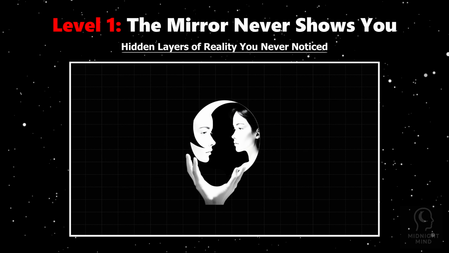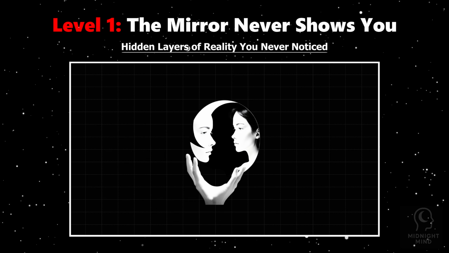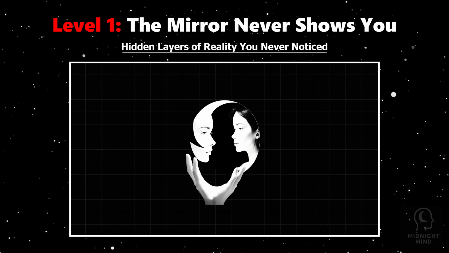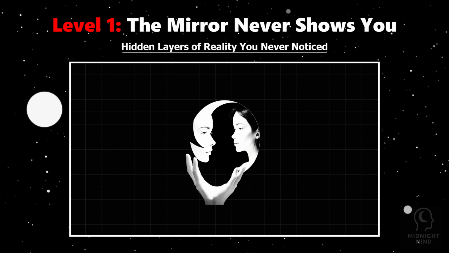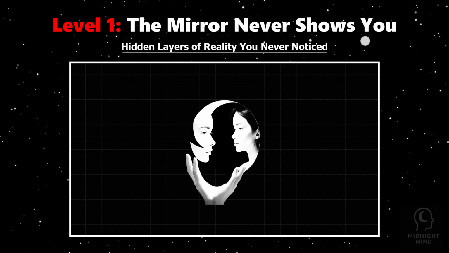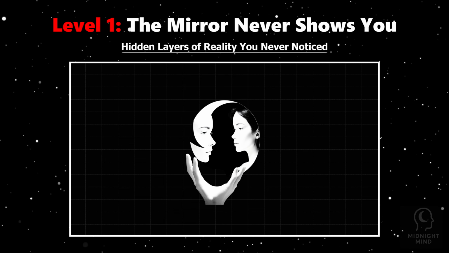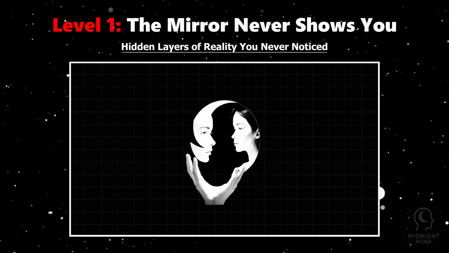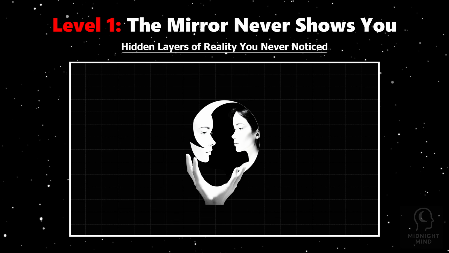Consider this. When you wave your hand, you see the reflection wave back, but in perfect reverse. Your brain expects to see your hand move as it does in reality, yet the mirror flips every motion laterally, creating an illusion of symmetry that is fundamentally false. This subtle delay and inversion shape your self-image, influencing your perception of identity and reality. You trust a version of yourself that's a backward echo, a fraction out of sync with time.